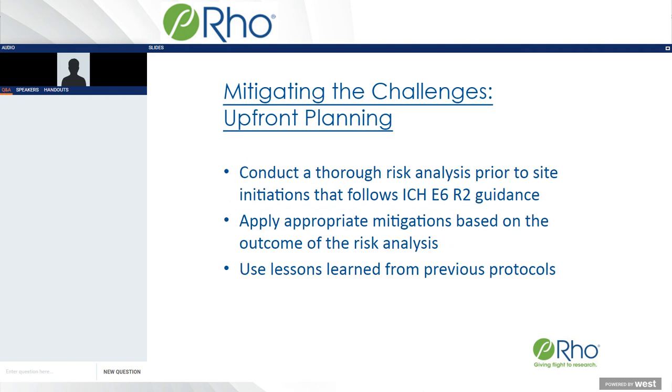In terms of upfront planning, one of the most critical things that you can do is to implement a quality management system and have that in place, a quality management system that's in compliance or follows the E6R2 guidance from ICH. As part of that quality management system, you're going to be taking some time to identify your critical data points and your critical processes, and this will really help you to look at your program, look at your study,